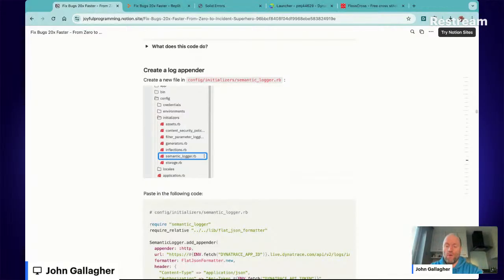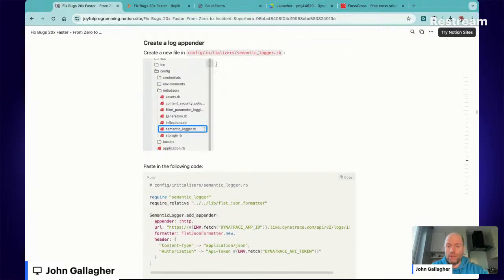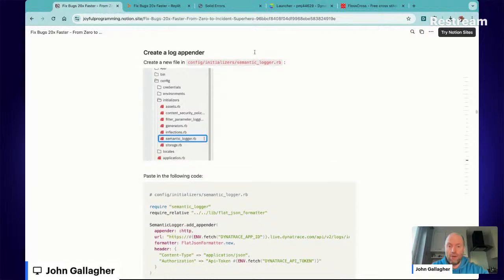You can have appenders for any of the major error tracking software, any loggers. You can send it to StringIO, so you can have a file that it logs to. You can log it to memory. You can log it to an HTTP request. So Semantic Logger comes with a whole bunch of these appenders. And then you can tell the appender, use this formatter to restructure the log before you send it to the destination. So we're going to create a log appender, and in this folder path, config initializers semantic_logger.rb,